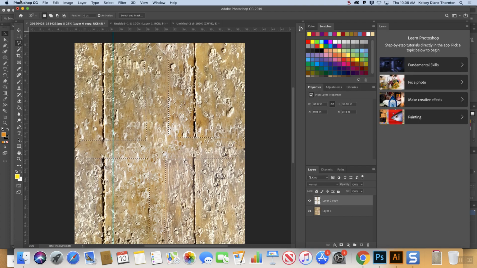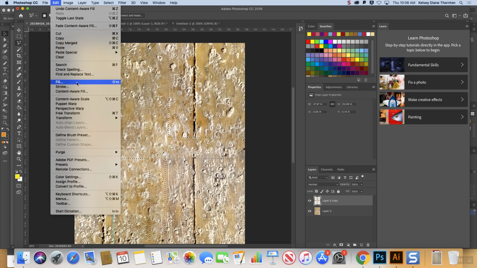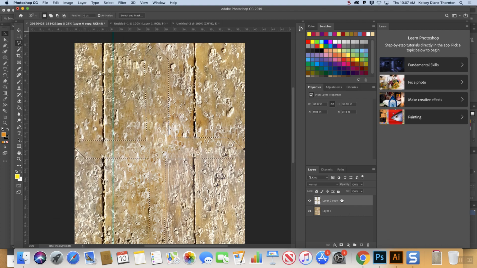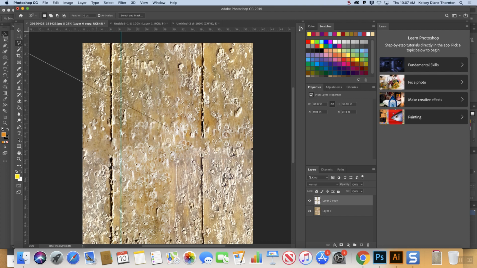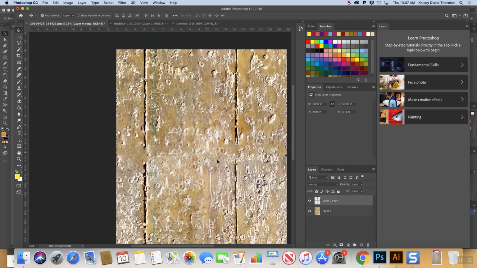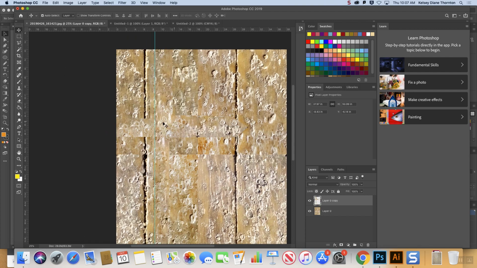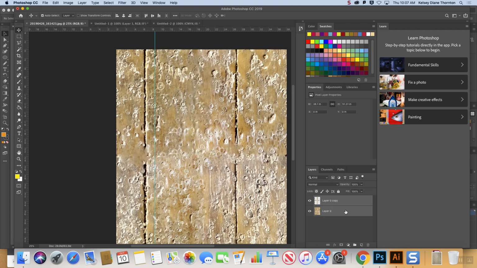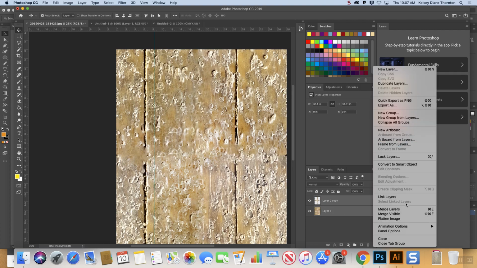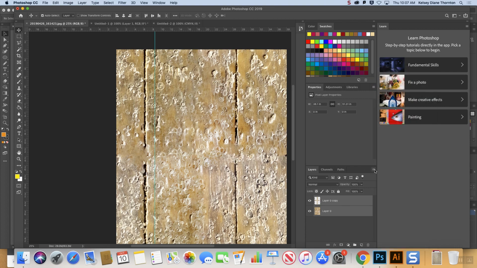And one main difference between going to Edit Fill and going to Edit Content Aware Fill is that the Content Aware Fill menu gives you a layer. So now I have this layer here that I could actually move around if I wanted to, right? And in order to make them the same layer again, we would have to choose them both, click on that little options menu in the layers panel, and choose Merge Layers. And then if we want to get these guys back to having a line, we can just select them